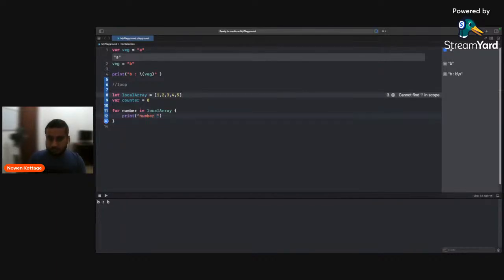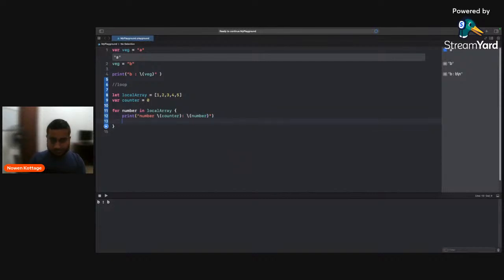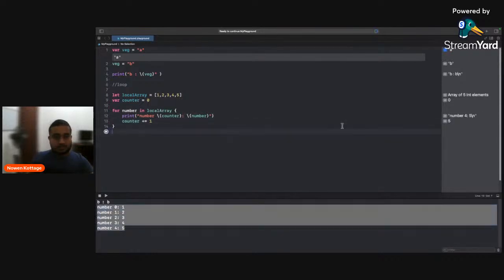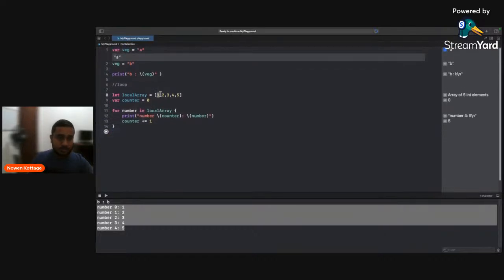Number. Print here the number. And let's have an incrementer. Yeah, that's right. Here you can see, right? It's been executed. And so now if I need this to loop by 2, I need to